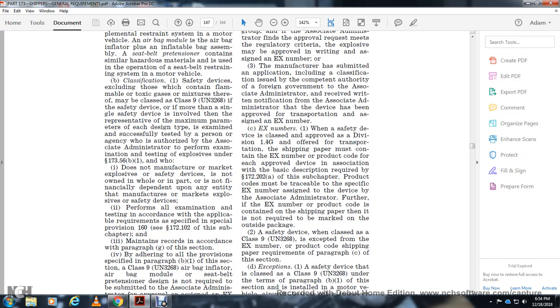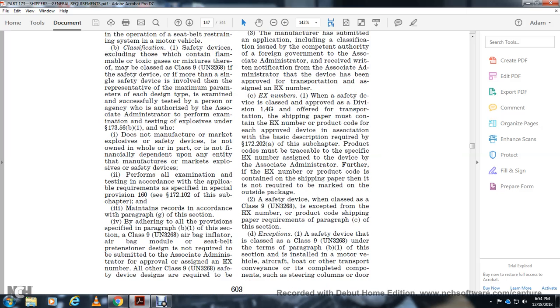The manufacturer performs all examination and testing according to application requirements specified in special provision 170, 160, 172.101, subchapter, and maintenance of records according to paragraph (g) of this section, adhering to all the provisions specified in paragraph (b)(1) of this section. For Class 9, UN 3268, the airbag inflator, airbag module, and seatbelt pre-tensioner design are required to be submitted to the Associated Administrator for approval to assign the EX number. All of their Class 9 UN 3268 safety devices designed as required are to be